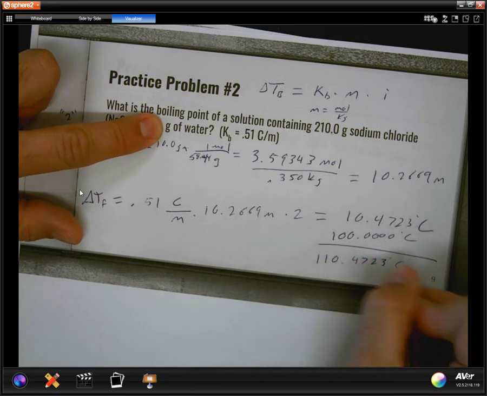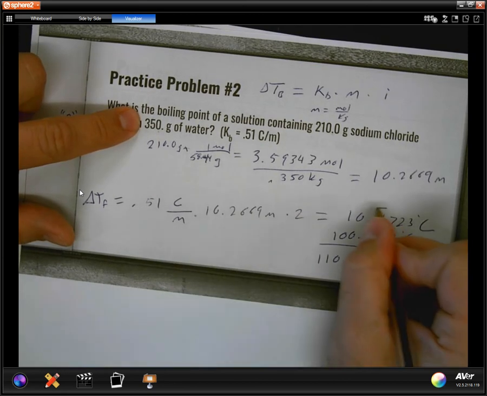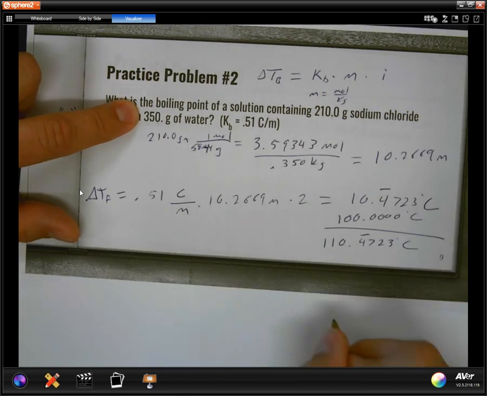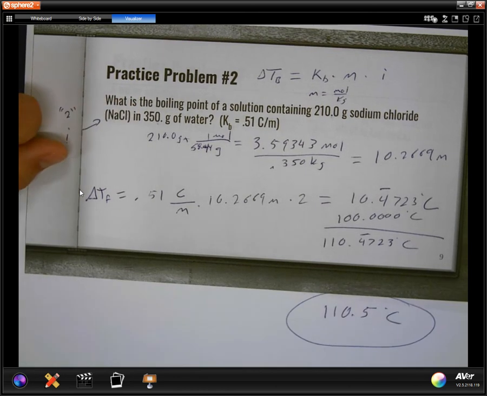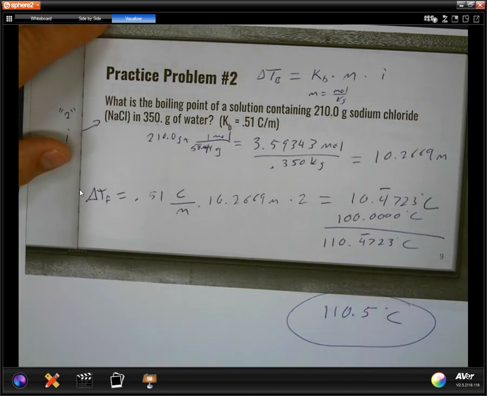110.4723 degrees Celsius. I go back, I say I have 3 sig figs, so this answer would be precise to there. So I'm precise to there. So my true and accepted answer would be 110.5 degrees Celsius. Again, hopefully you're seeing that with a little practice, this becomes very easy to